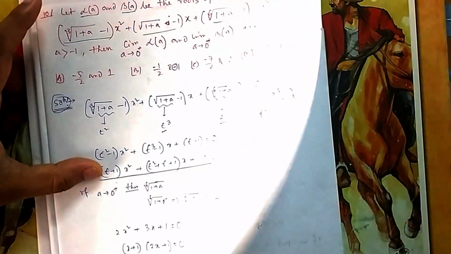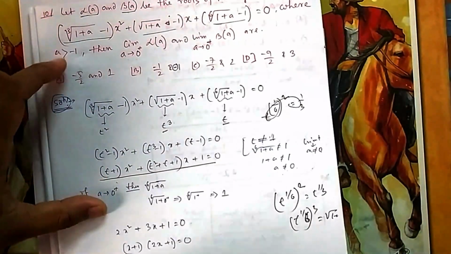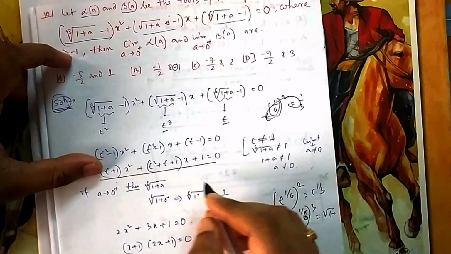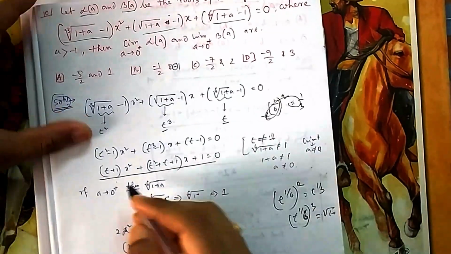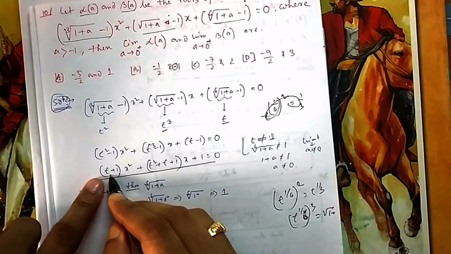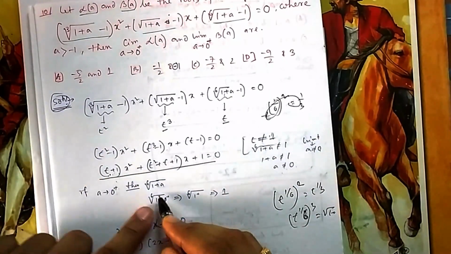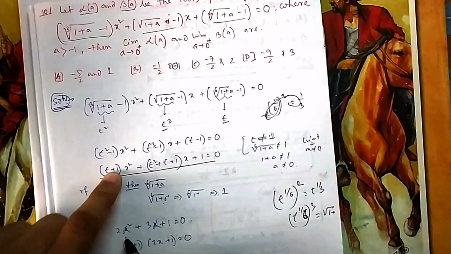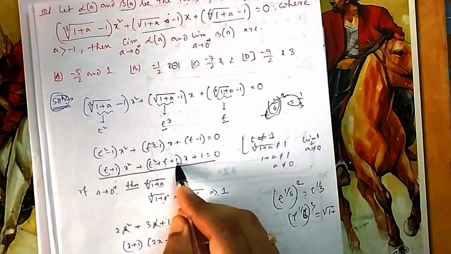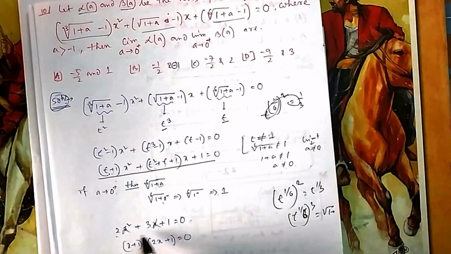Now if you directly put this value of a equal to 0, suppose alpha is a root, so if you put alpha, it should satisfy. So instead of x, think I am writing alpha. What will be this value? It is t plus 1. If you put x tends to 0, what is t? If you put 0, then it is 1. So it is 1 plus 1, 2. It is 1 plus 1 plus 1, 3. Then this one, so it is 2x plus 3x.